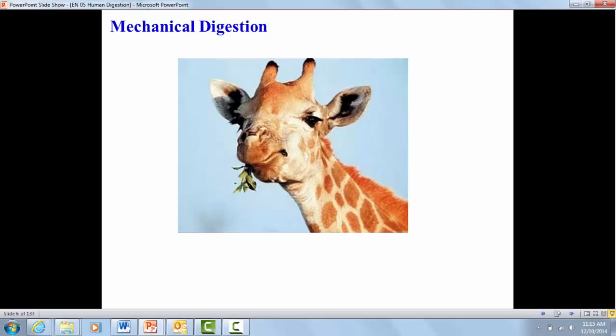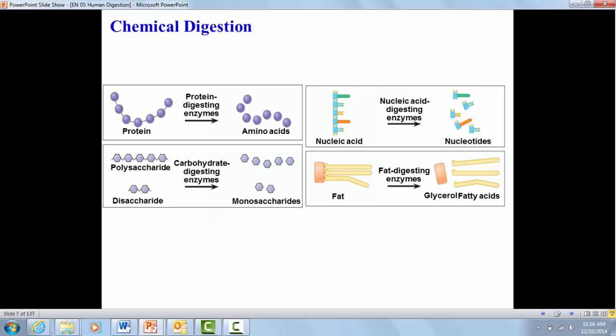Like I said before, mechanical digestion is when food is physically being broken into smaller pieces. Like the chewing of the mouth will break apart those leaves into tiny little pieces. Chemical digestion is when you're taking an enzyme and you're using it to break apart a polymer into its monomers,